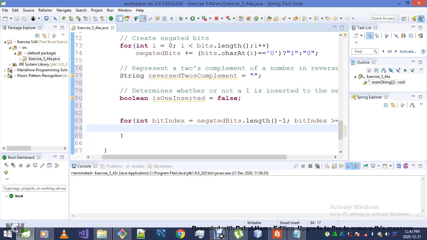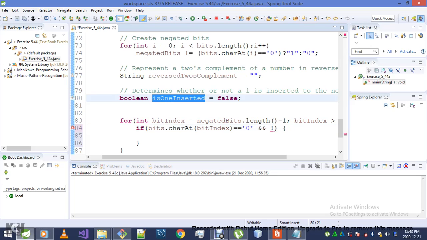I'll check now. If the current bit is, in fact that is exactly what I want to do. If that is the case, it's bit index instead of I. So if I've got 0 and 1 is not yet inserted, and 1 is not inserted, again I cannot